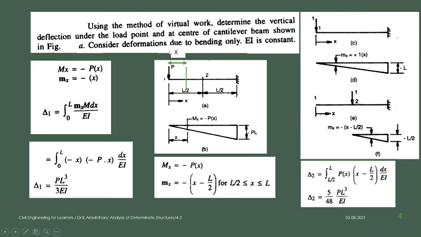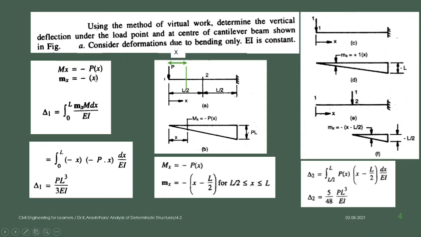What we have to do is take a section in this beam. Let us take this section as XX, and the distance from the deflection point where you need deflection, let us take it as X. If this is the case, you have to take the moment at the point X. Now when the external load P is applied, you can take the moment, that is P into X. So this will be the capital M at the distance of X, equal to P into distance.